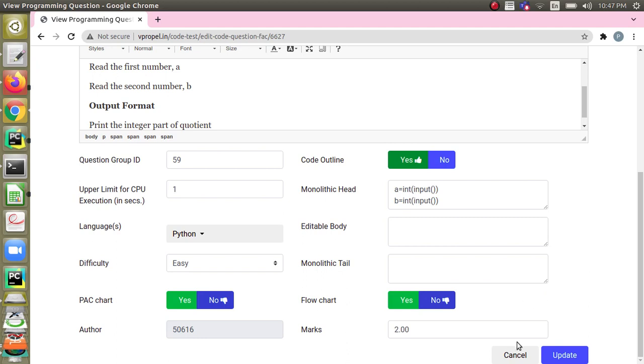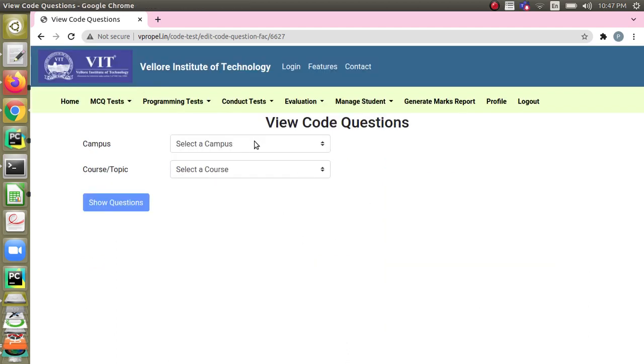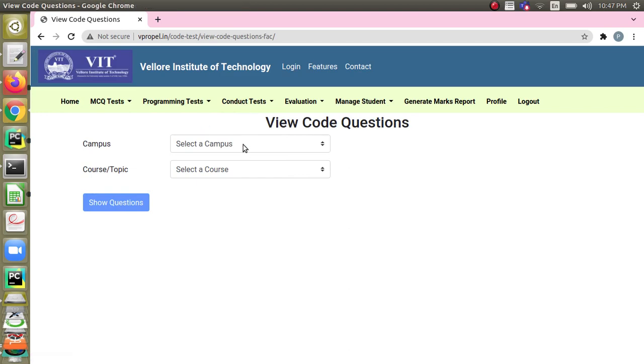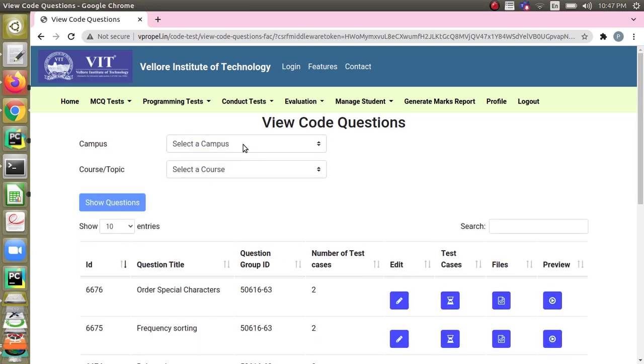And next we are going to see an example where we will have only postcode. There may be questions like that where you will give only postcode and you will not give any pre-code and editable code. We may have cases like that also. So let's take one example.